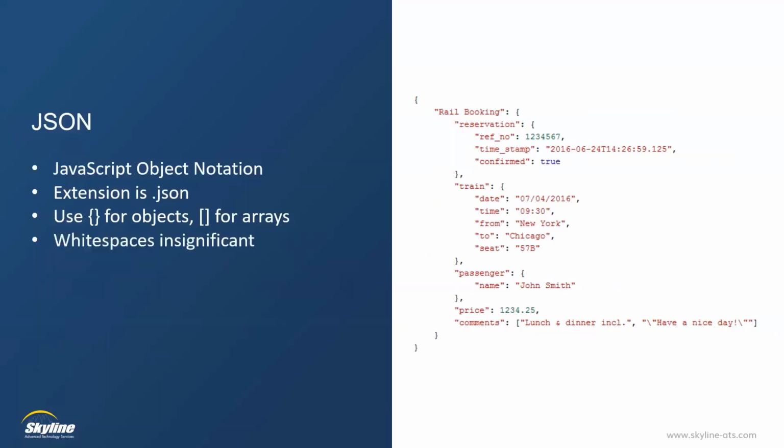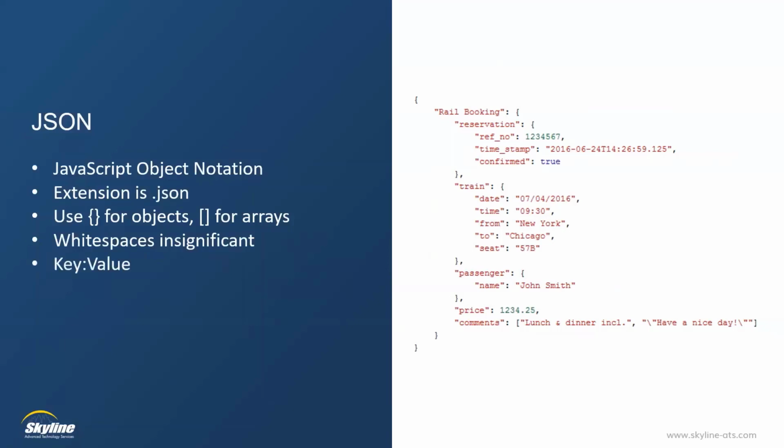Again, it is human readable and machine readable. White spaces here are insignificant. So if you look at the white spaces, that are basically the indentions, those do not matter. It makes it easy for us to read with those white spaces, but we could put all of this on one big long line and it would still work, right? It understands everything based on the curly brackets and the square brackets.